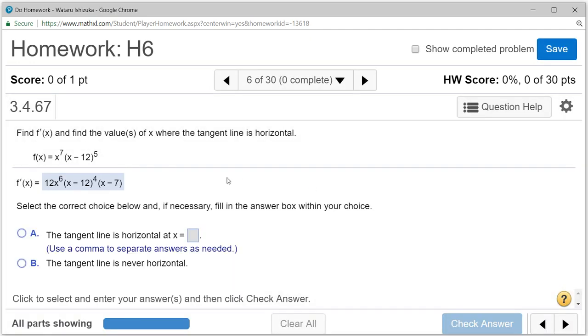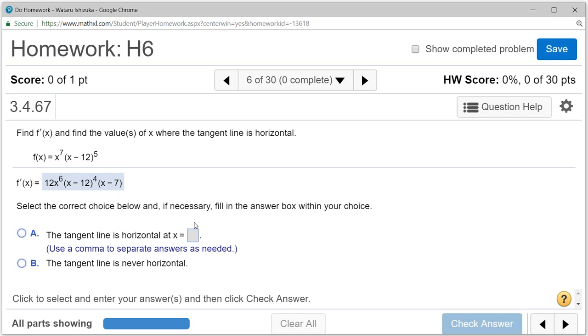Then the horizontal tangent line. In order to be horizontal, the slope has to be 0, so all you have to do is set the derivative equal to 0. Remember that the derivative always tells you the slope of the tangent line, so we want the derivative to be 0. From here it's already factored, so you can see that if you set this derivative equal to 0,